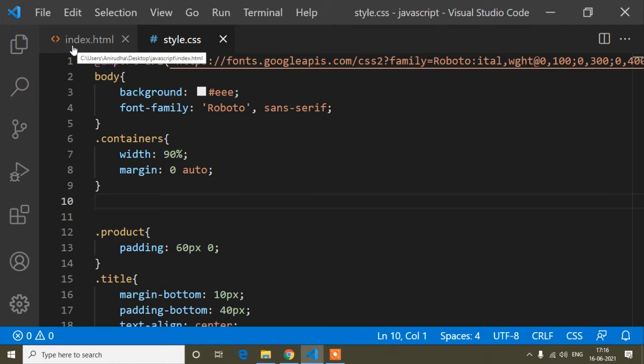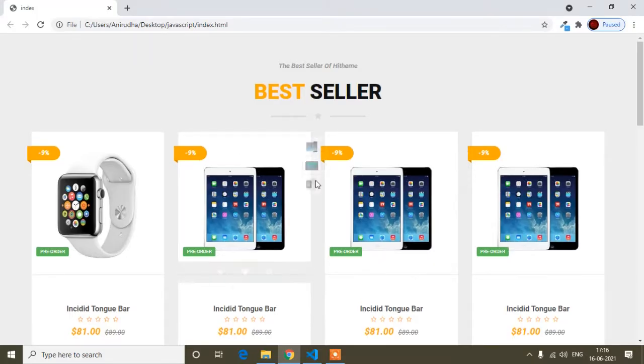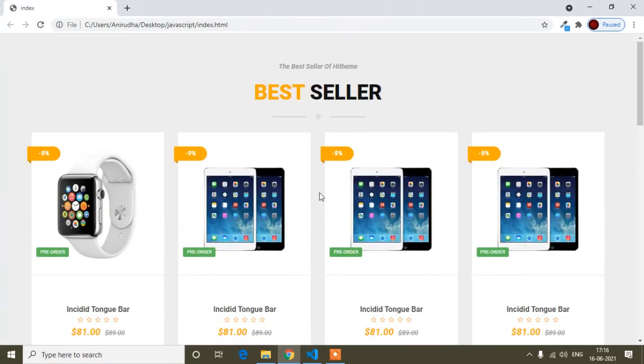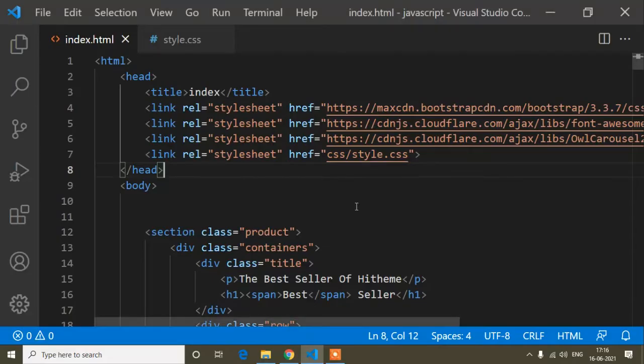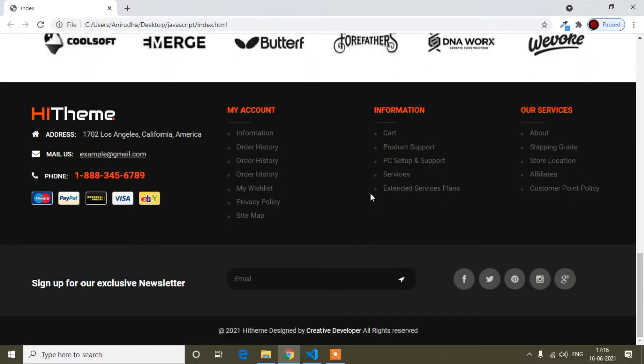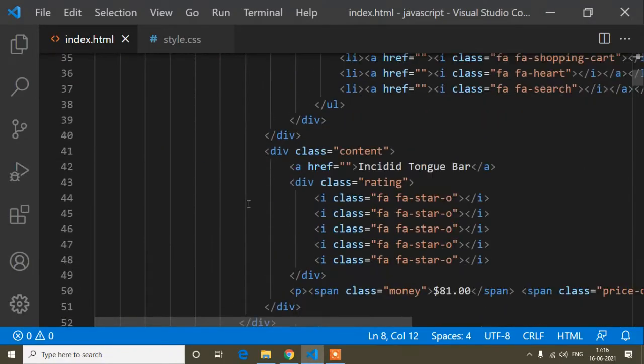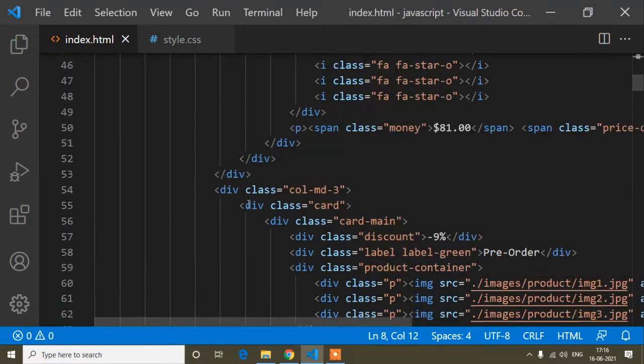You may be confused about why this code is here, so I will give you a brief idea. This CSS and HTML code is for the design which I made previously. You can go to my description and watch that video, and you will get the link and the code also. If you want to add this design in your project, you have to watch my previous tutorial, where you will find all the code which I had already written.